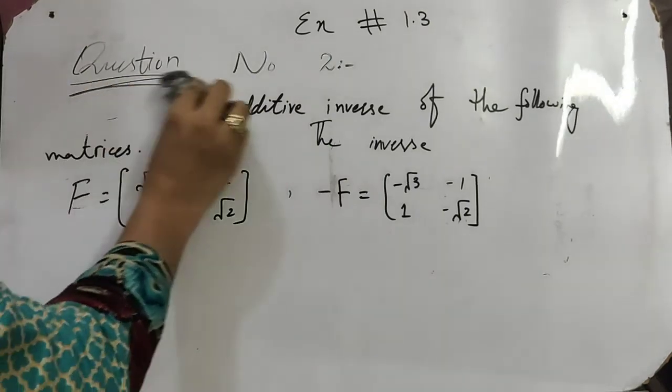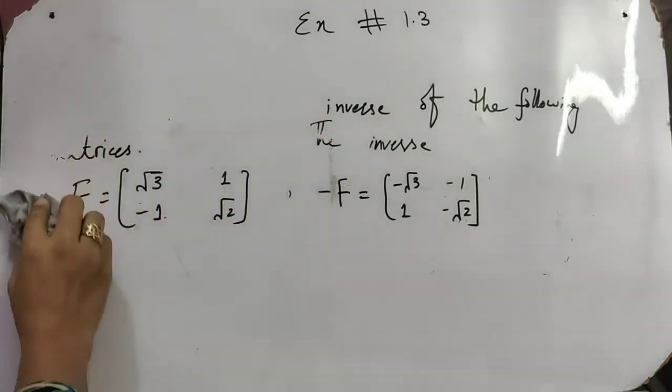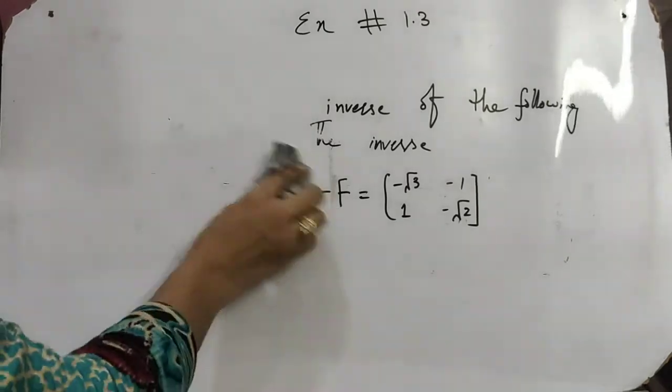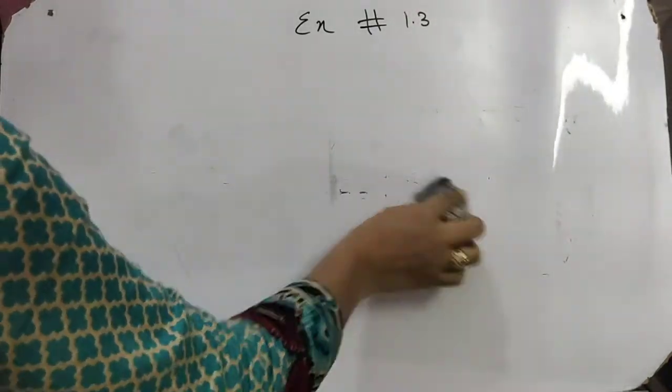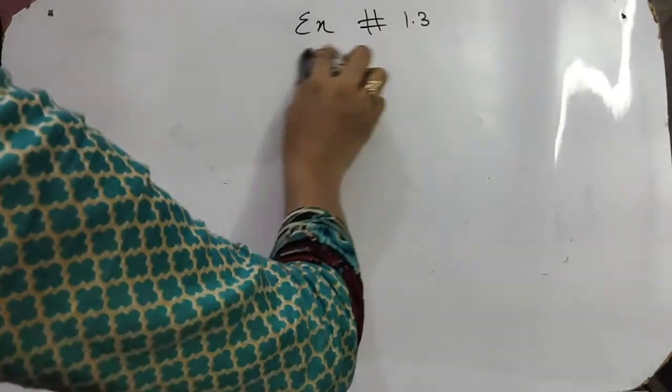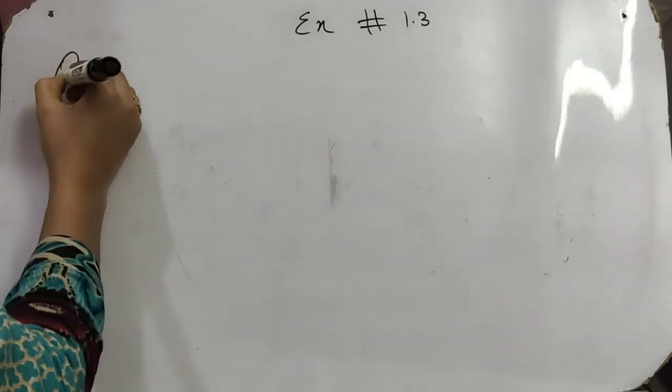the question number 2 is finished. We have done 2 questions of exercise number 1.3. The first was which of the following matrices are conformable for addition, and the second is additive inverse of following matrices. The question number 3 is